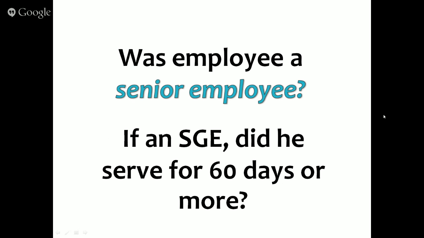Okay, there we go. So let's get into our worksheet here. Our worksheet for 207C. We're going to start with 207C, and time permitting, we can go back and talk a little bit about A1 and A2, but we're mostly concerned about C for purposes of today's debrief. So let's look at our worksheet for 207C. And the first question we ask, obviously, is: is the employee a senior employee? For our purposes, we're answering that question in the affirmative, and that's going to be our assumption moving through the rest of this exercise.